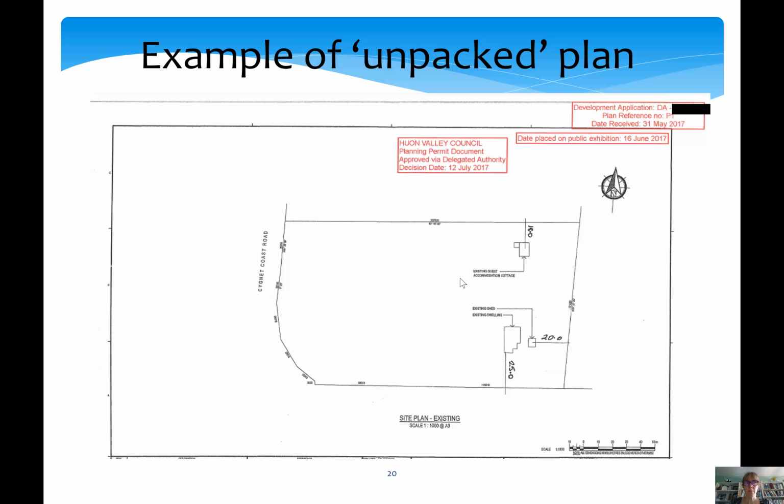Given that a lot of councils deal with stuff electronically, things are not actually stamped, but the stamp still appears even though it's done electronically. So this is an example of a plan that has been assessed, and you can see there the stamps on that Huon Valley Council permit document that's been approved. So this is an important document to keep a record of. These stamps are important to show that this is the version that's been approved.